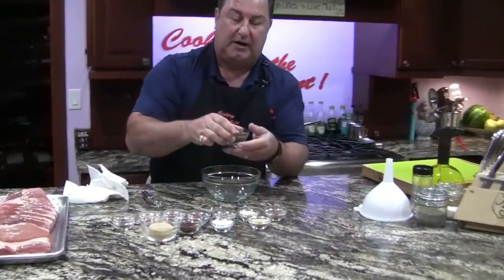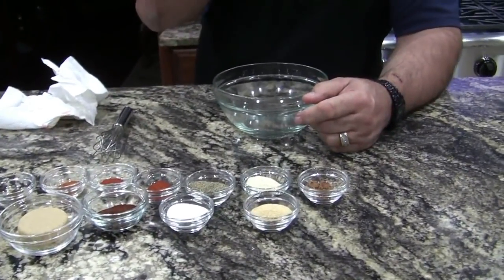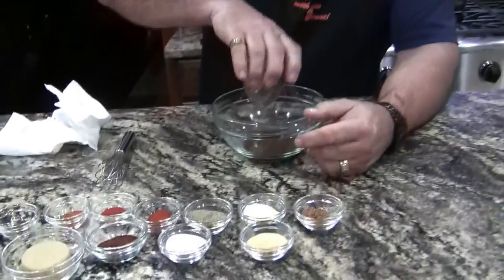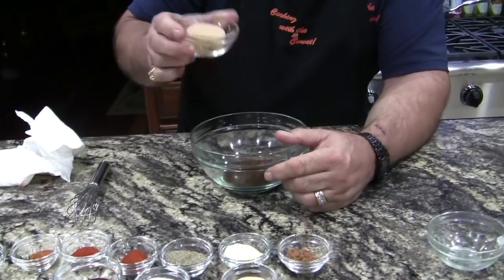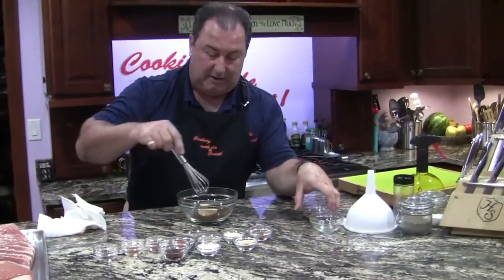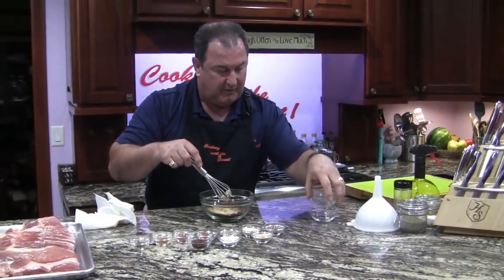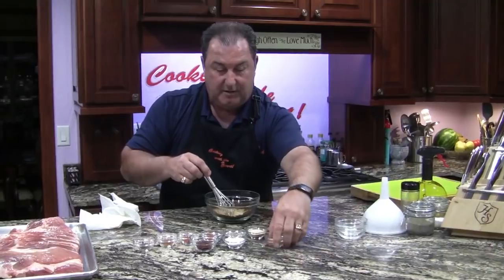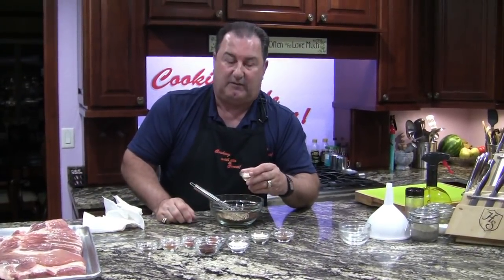Okay, now let's make some dry rub. First, we're going to start off. I'm getting about 1/4 cup of finely ground coffee. Smells good. Now I have 1/4 cup of brown sugar. I would love brown sugar. Put those together. Now, there's so many ingredients, I might not remember all of them. But anyway,